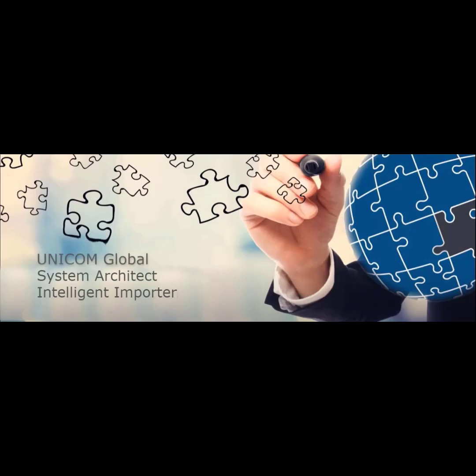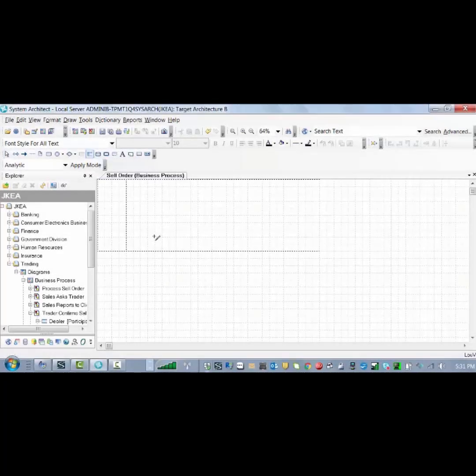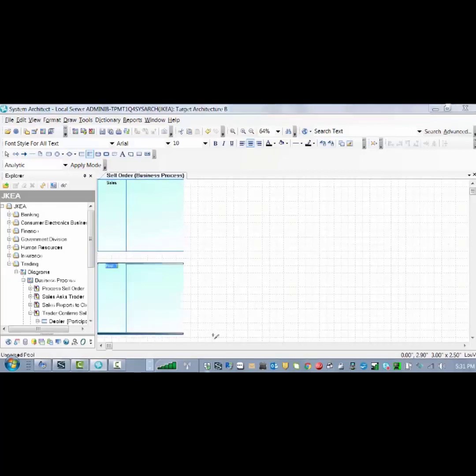Hello, today I'll be discussing our new AI tool for System Architect. While System Architect is a robust diagramming tool with numerous capabilities, it also comes with a steep learning curve and complexity. In order to help bridge the gap for our new users in utilizing our product effectively, I have introduced